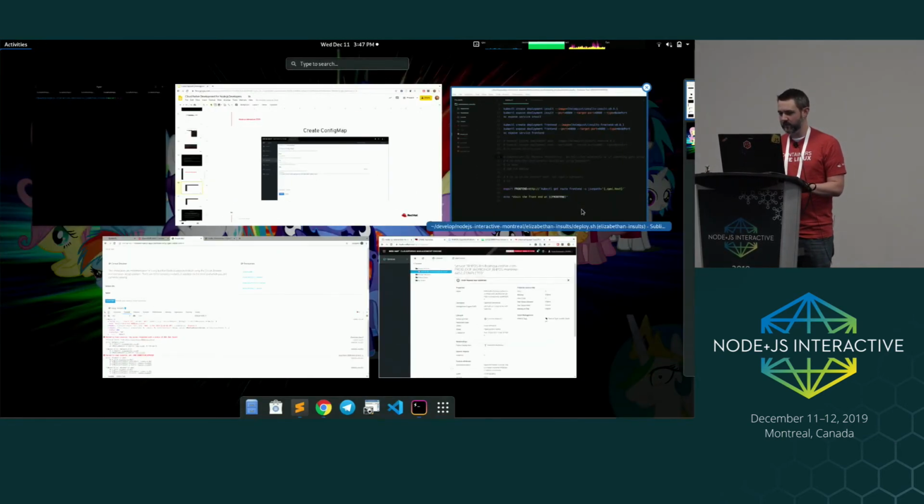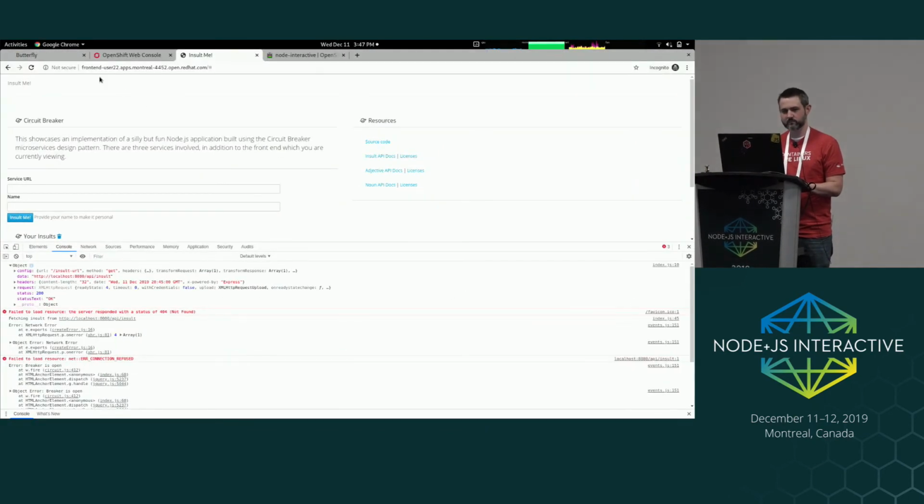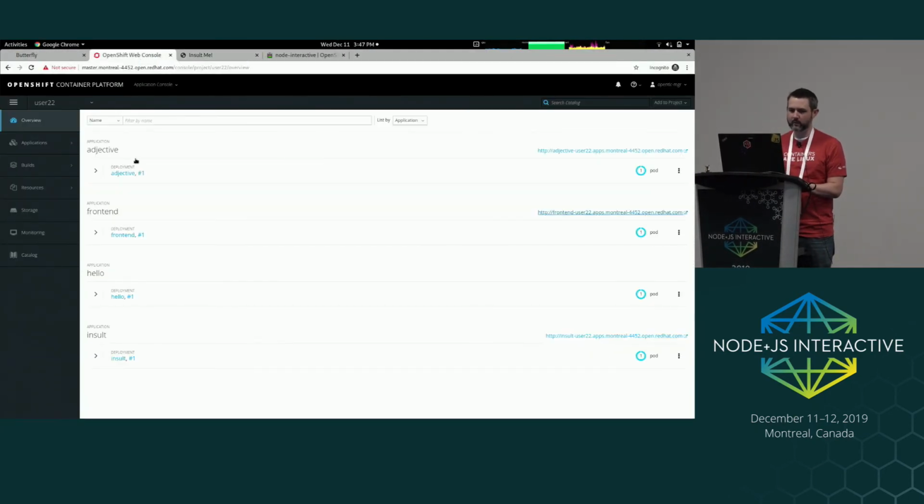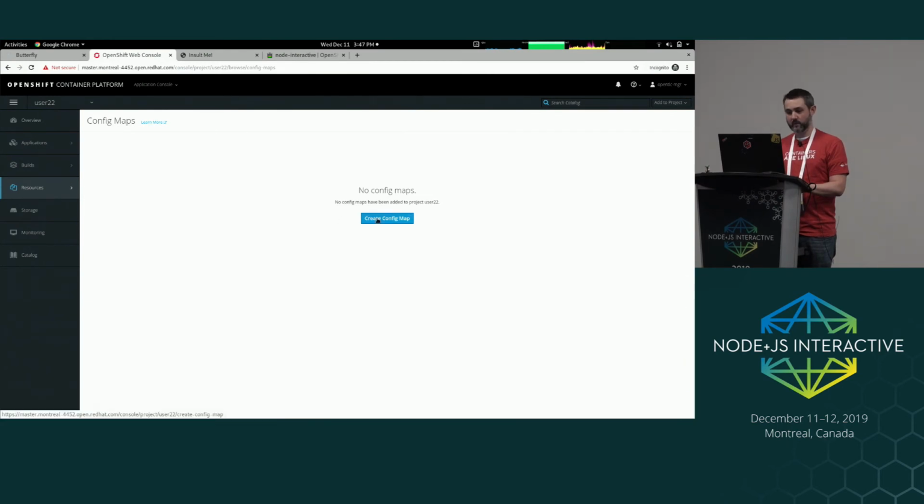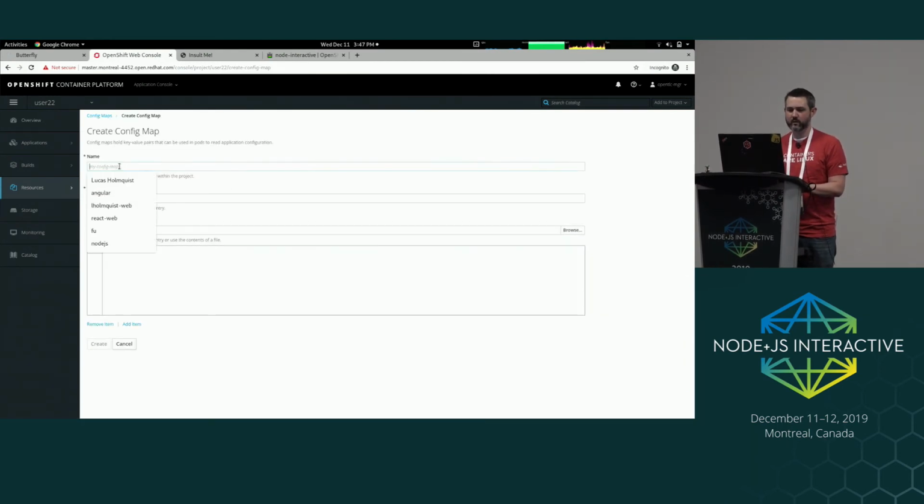So go back to your web console, and just follow me if you want. Under resources, config maps, and then we say create config map. We're going to name it insult-service, with a dash. The key is going to be all uppercase: INSULT_SERVICE. And the value here that we're going to use is